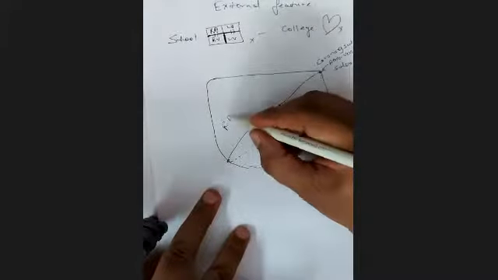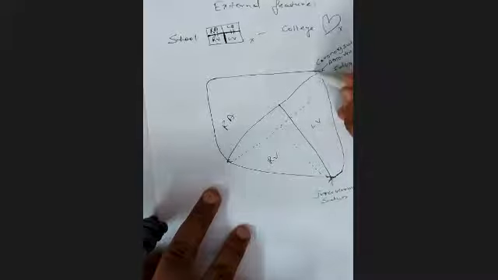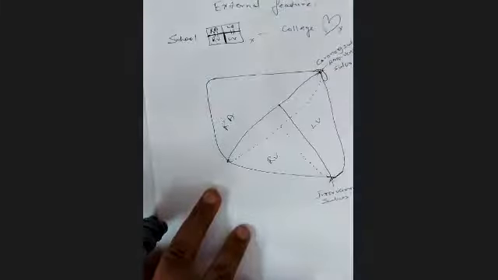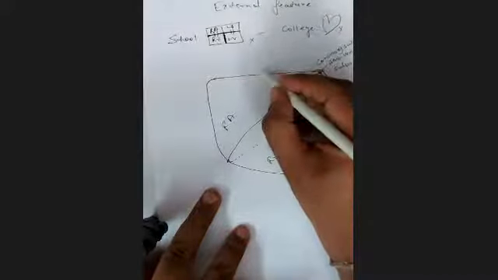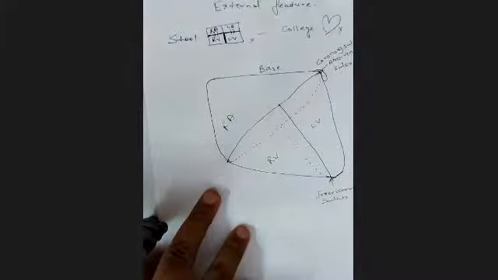Here is the right atrium. Here is the right ventricle. Here is the left ventricle. The left atrium, just as the left auricle, is somewhat seen over here. Now let us talk about the parts of the heart. The parts of the heart are the base, which is located more on the posterior aspect, and this is the apex.